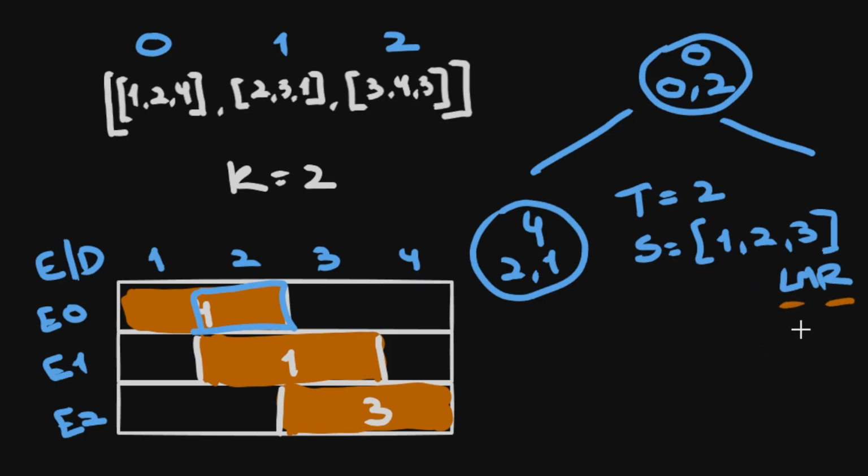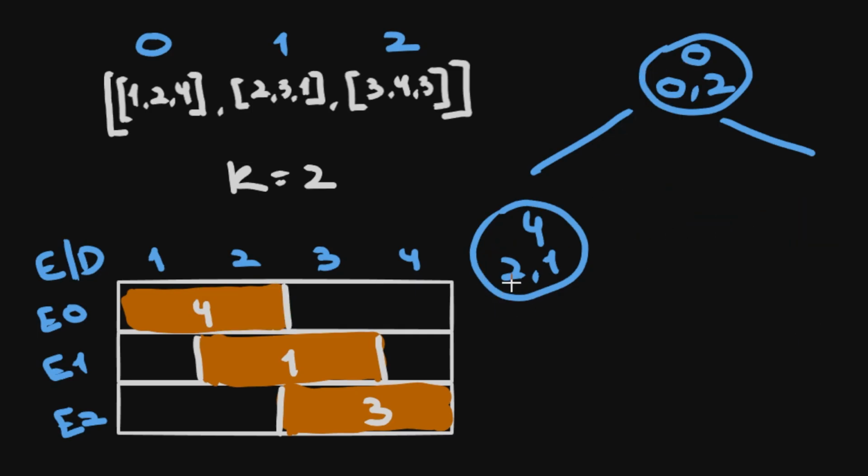Now left equals right, so we return left, which is 2. Just to be clear, here are the indices. So we return this index. So this is how we go from events at 0 to events at 2. Now if we decide to not take this event, the result is still 0. We go from event at index 0 to event at index 1, and we still have 2 events to take